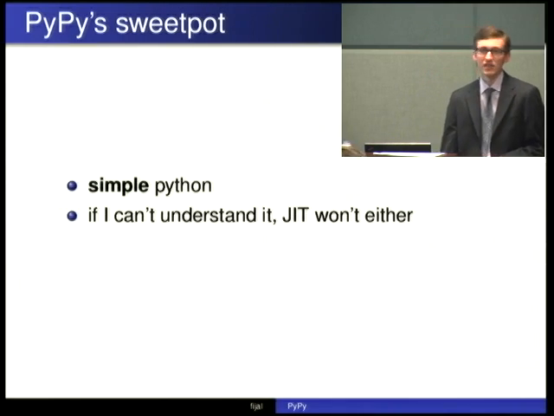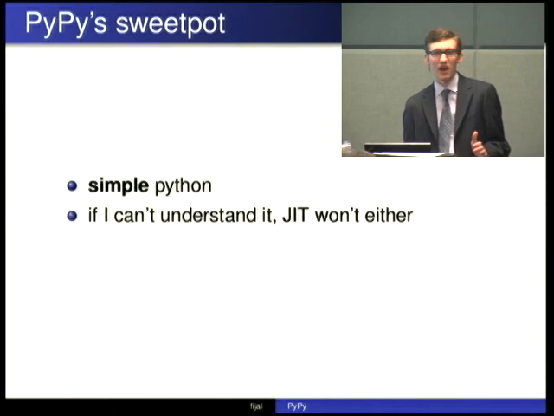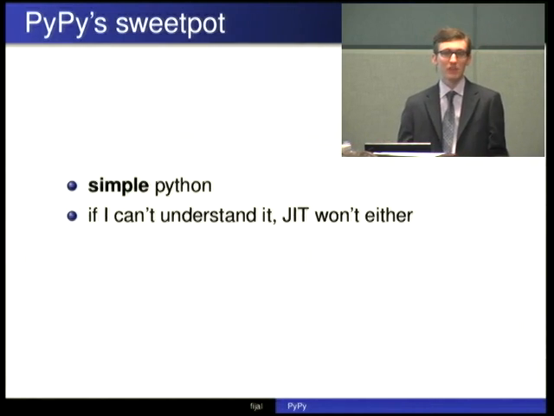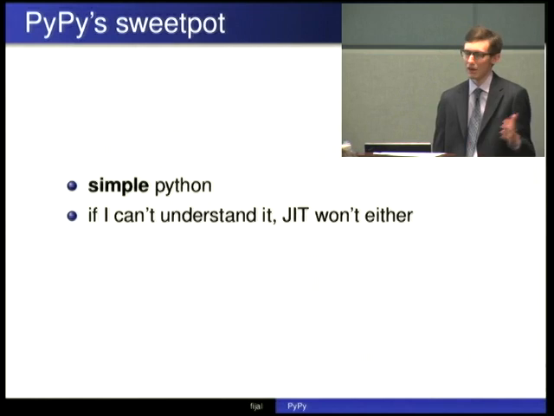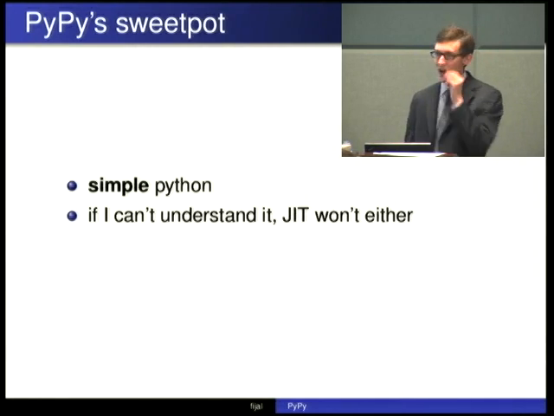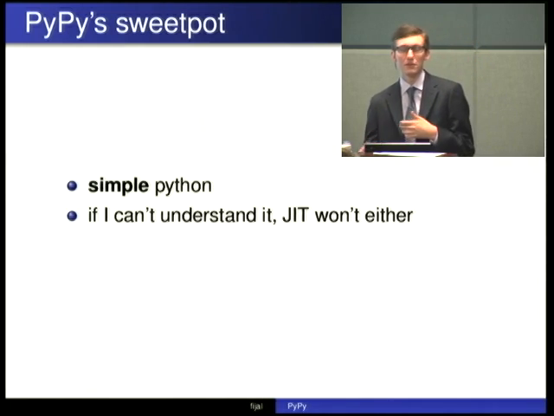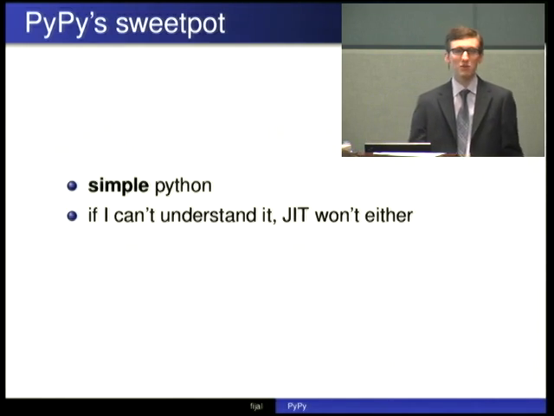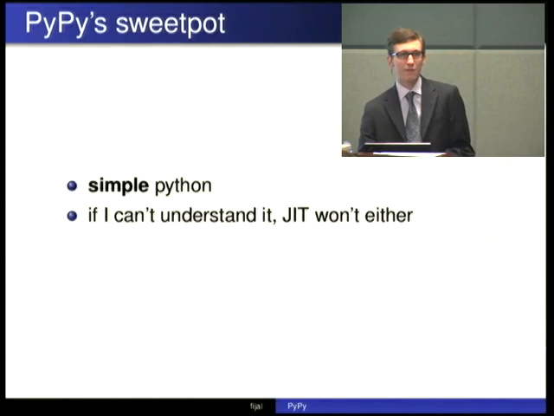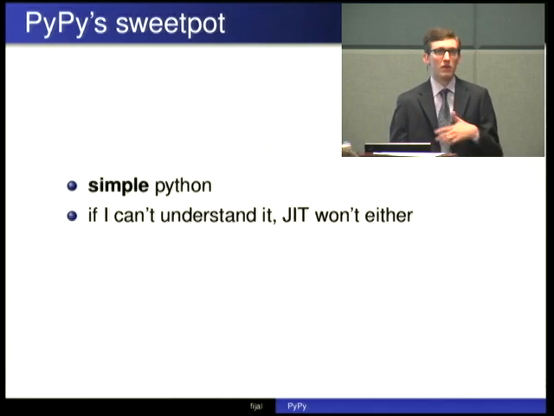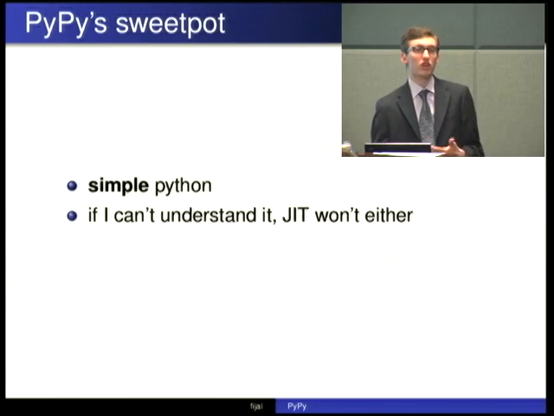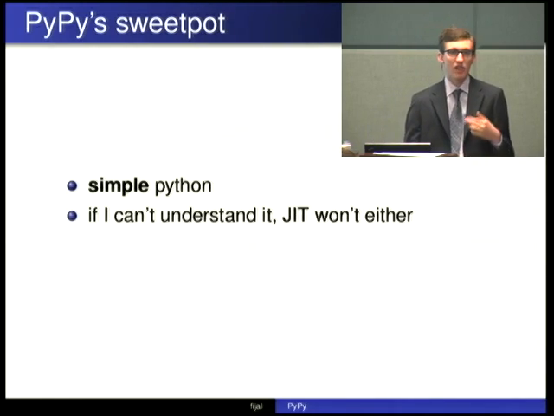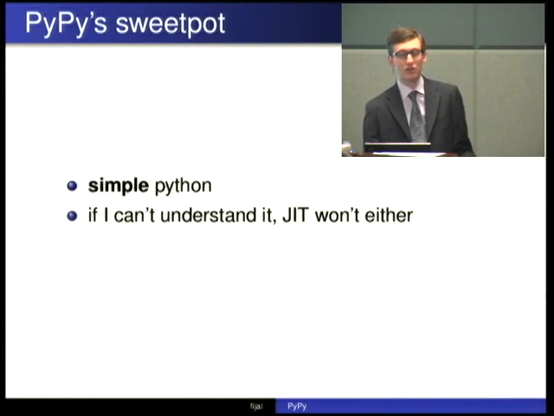So PyPy's sweet spot is, quote unquote, simple Python. Basically, if a human can read this and understand it, it tends to be that the machine can execute and understand what it's doing. And in general, if the machine doesn't understand what it's doing, that's when you tend to leave the performance sweet spot. It's not necessarily about the set of operations you do, but whether the JIT can see the full scope of what you're trying to do. That is, the more clearly you express your intentions to the JIT, the better it tends to be able to actually execute your intentions efficiently.